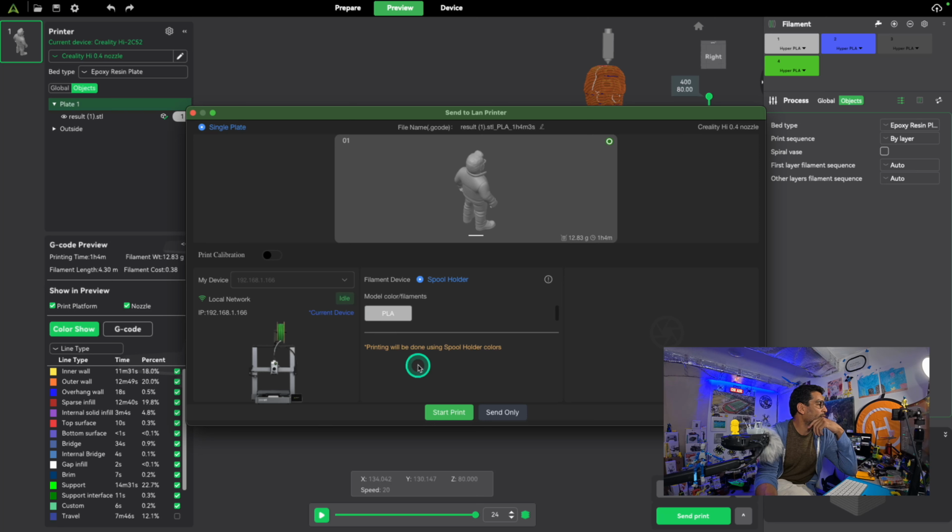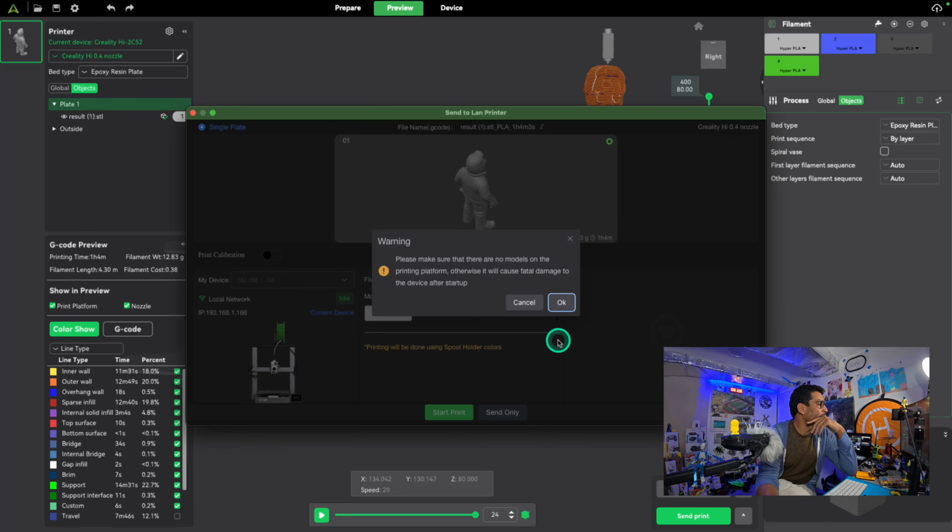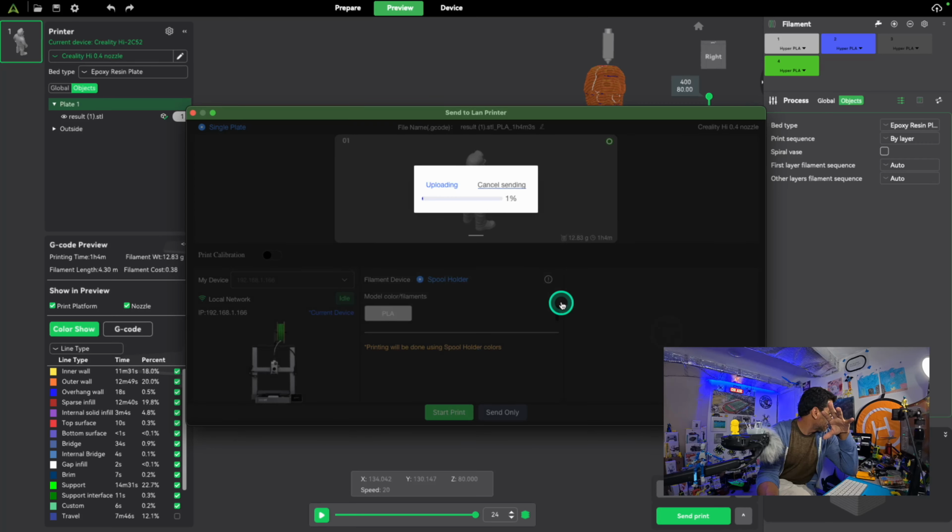See, it's idle now, so I guess I can press start print. You never know, right? You might finish within the stream. Make sure there's nothing on your print bed, and click OK, and it'll upload, work its magic, and that is pretty much how you do it when it comes to creating the